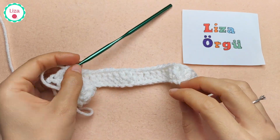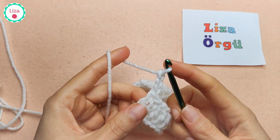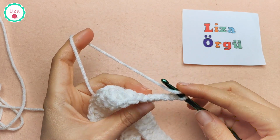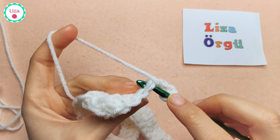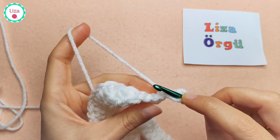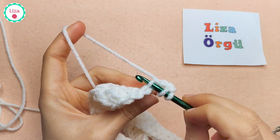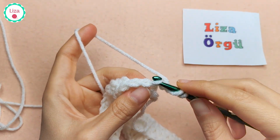I have 40 stitches now and chain 3, 1, 2, 3, and this does not count as a double crochet either, and yarn over, insert your hook into the back loop. You know, we always insert under both loops and make double crochets, but today we're not doing this. As you see, this is my very first stitch and I'm going to go into the back loop, okay? This is our V stitches, but we just use back loops